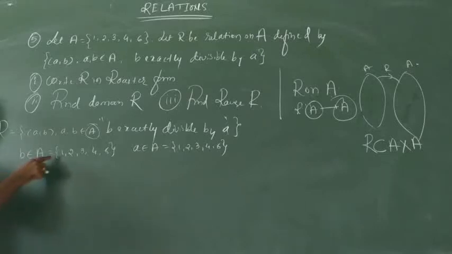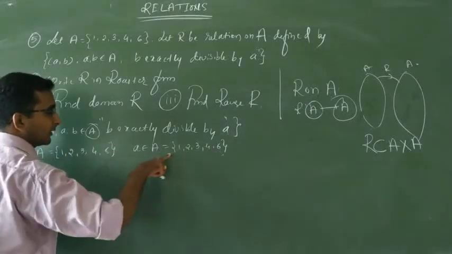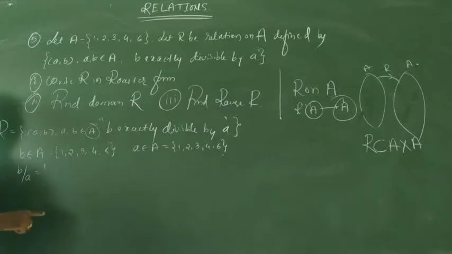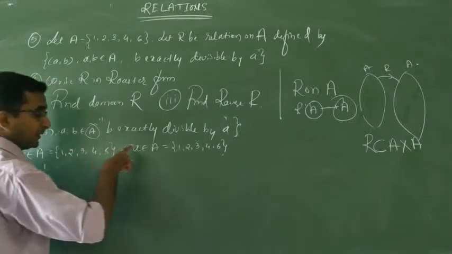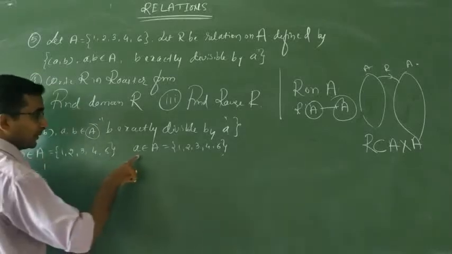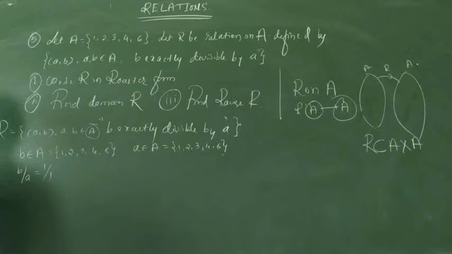When I take b as 1, 1 is exactly divisible by 1 only. So here 1 is over. Next, when I take b, the second one,